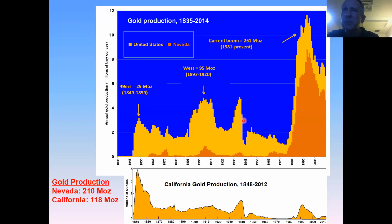And then see this precipitous drop. That was because during World War II, gold mining was considered not important to the war effort. So all the gold mines were closed, except for the Getchell gold mine in Nevada. And then you see at the end of World War II, we get an increase in gold mining again, and then it just steadily decreased